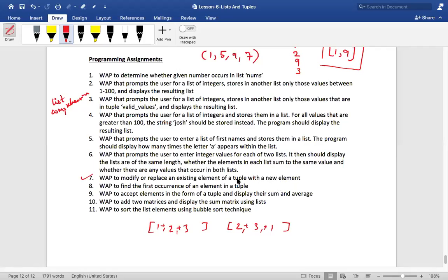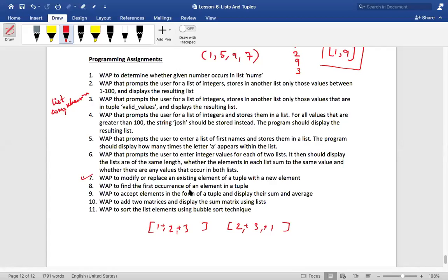Not necessarily the same tuple. But given a tuple, you have to change that position of the tuple and return me a new tuple. I already gave the answer. So do something for that, right? This is an interview kind of question, my dear friends.